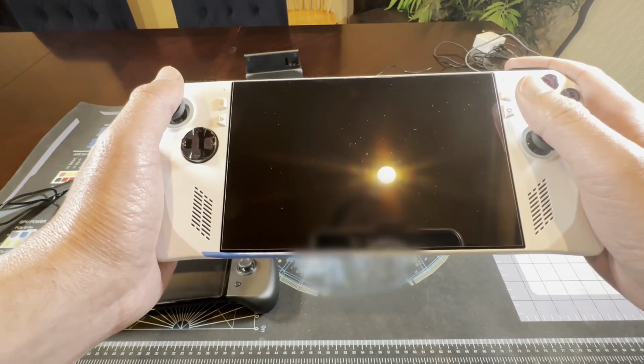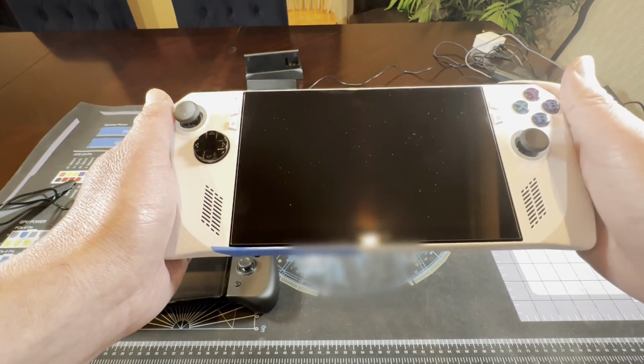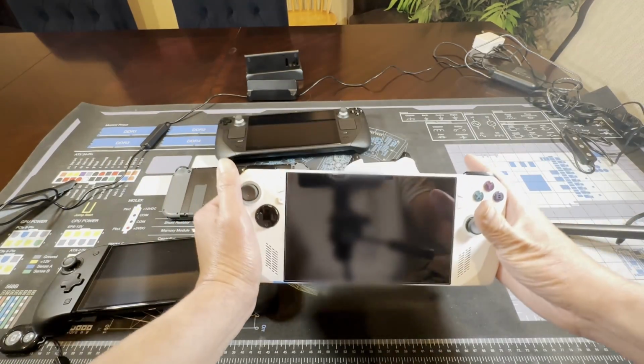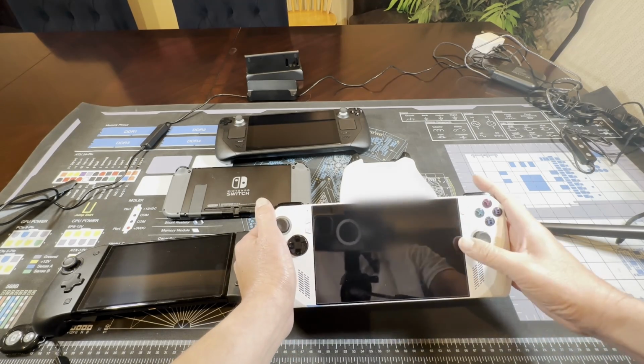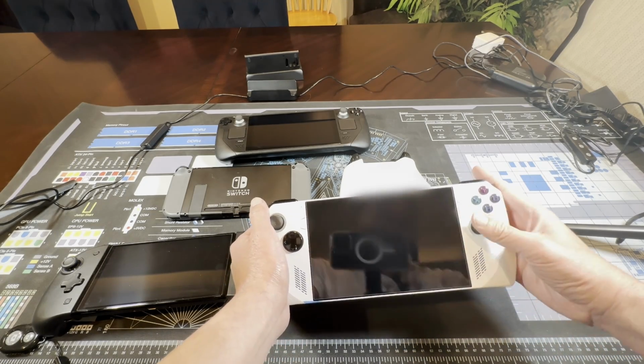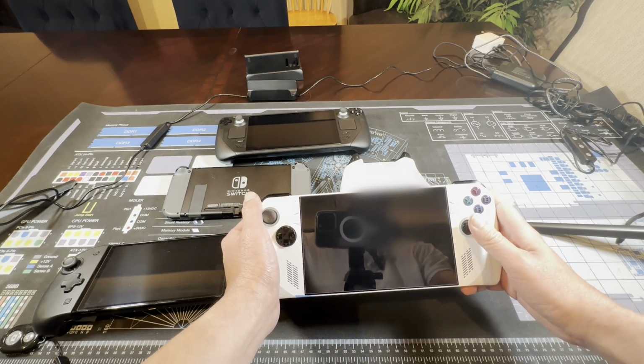It's almost unusable in my opinion. And really, I need somebody to make third-party grips or something, and I will buy those immediately. Now, if you're resting it on a table or on your lap or something like that, it's not as bad because then you kind of have the weight taken off and you can move your hand a little bit closer down